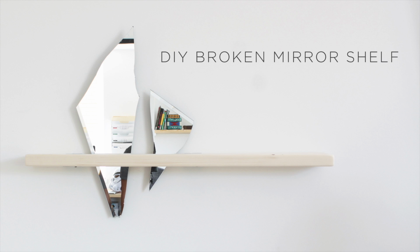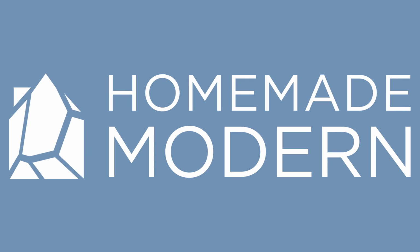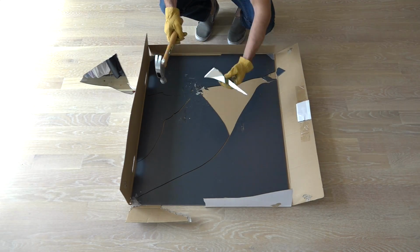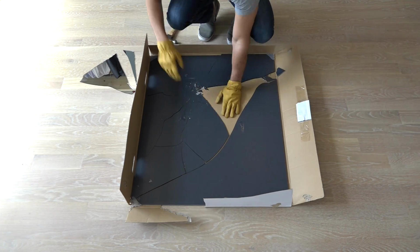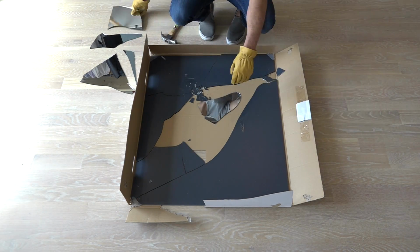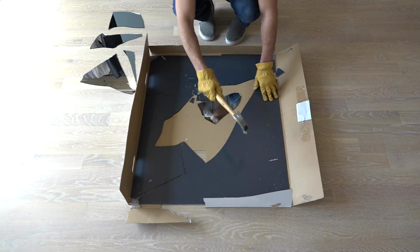Today we're going to make a shelf that holds pieces of a broken mirror. I ordered a mirror online to use for a bathroom vanity, but it arrived broken into a bunch of pieces. Now I noticed I actually liked the way the pieces look. They have this really cool sort of icicle, jagged aesthetic, and I wanted to figure out what I could do